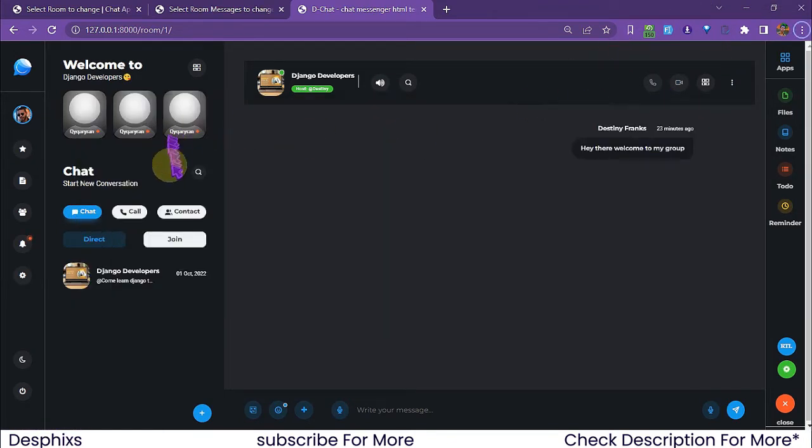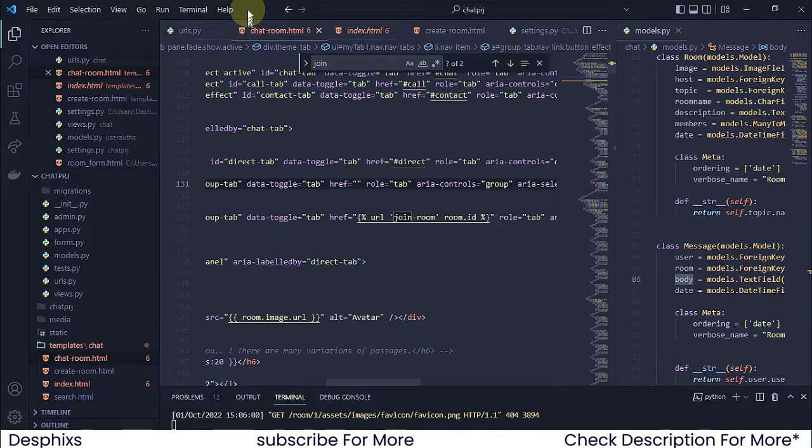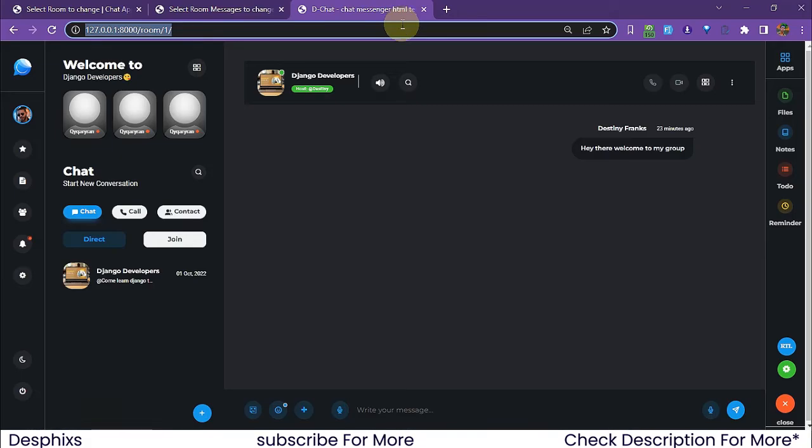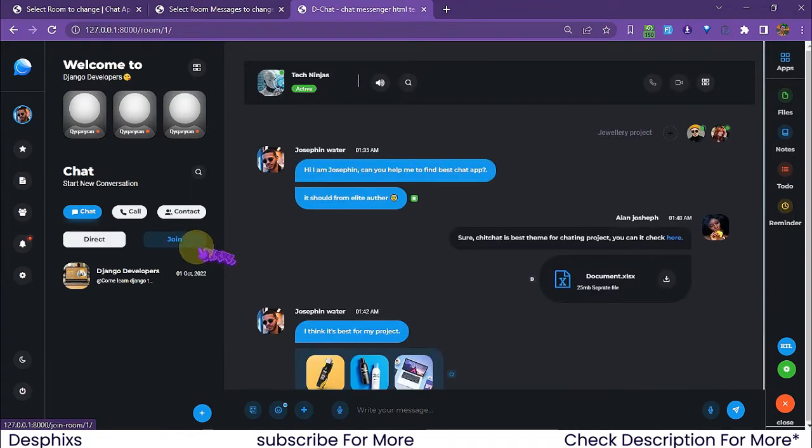Okay, so if I was logged out and I tried joining this room, definitely I can't even access the view if I'm logged out because I have the login required decorator over there. But now I won't be able to do anything else except I want to join this room. And in order to join this room, take notes, if I just hit the join now, and right now this is still going to some